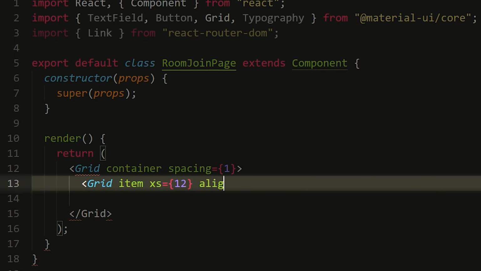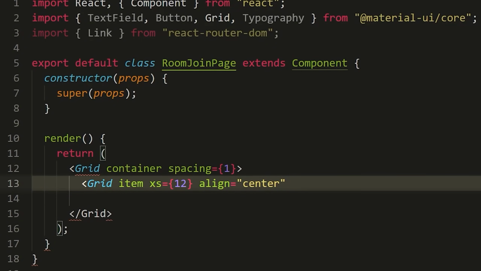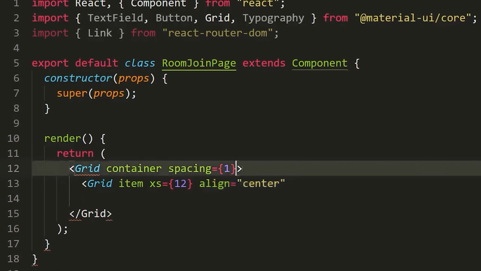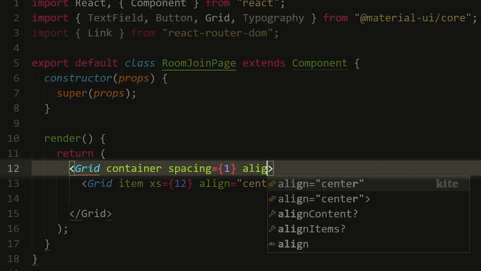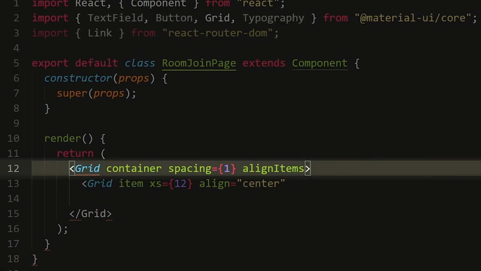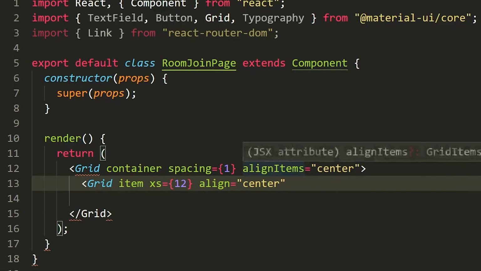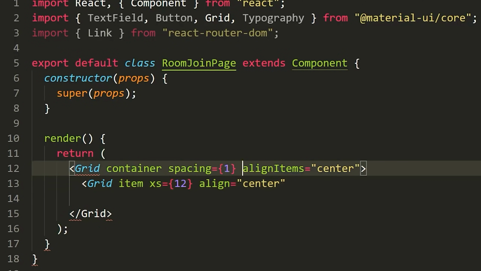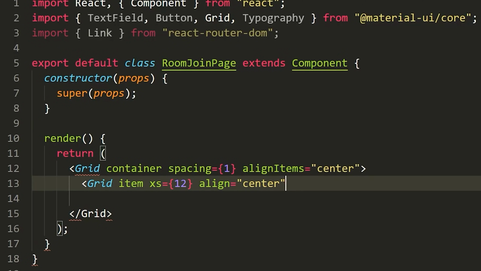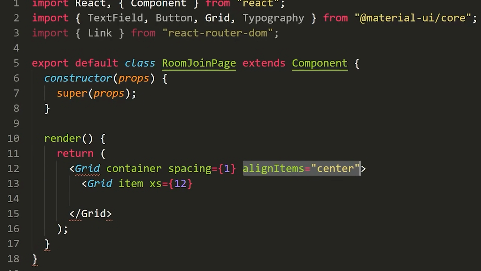And then in the previous page, I was aligning all of the items by doing something like align equals center. Now that's fine, we can do that, but I'm pretty sure I can also go up here and say align items like that and make this equal to center. And if we've done this correctly, and we might not have, we'll see once we render the page, this should actually automatically align all of the grid items for us. So again, we'll see if that works. We might have to modify some things, but I'm going to skip doing align center for every single item here in the hope that this will actually align them for us.